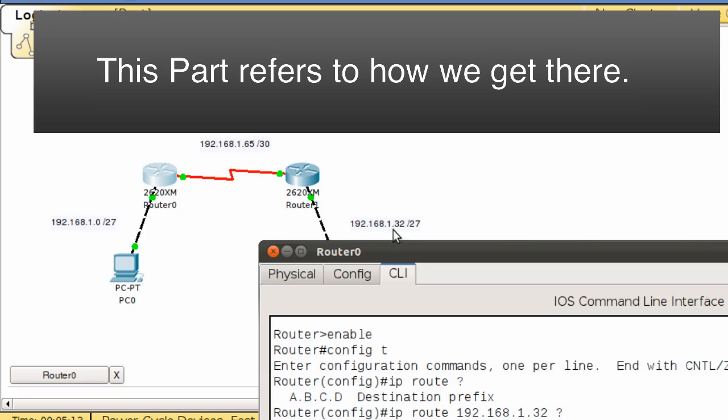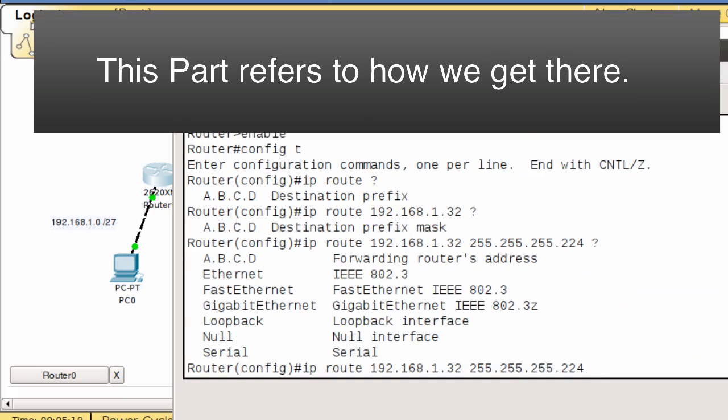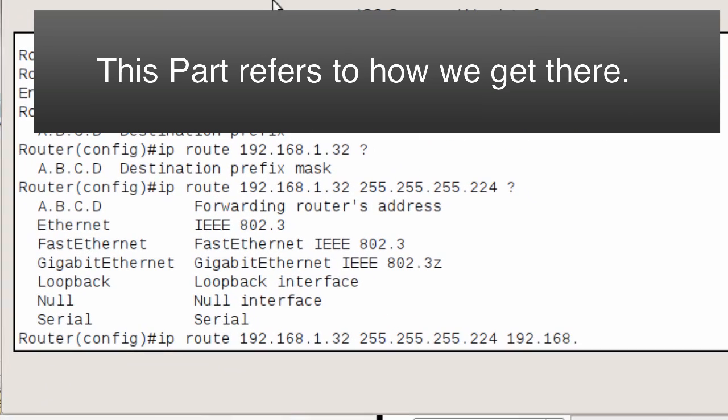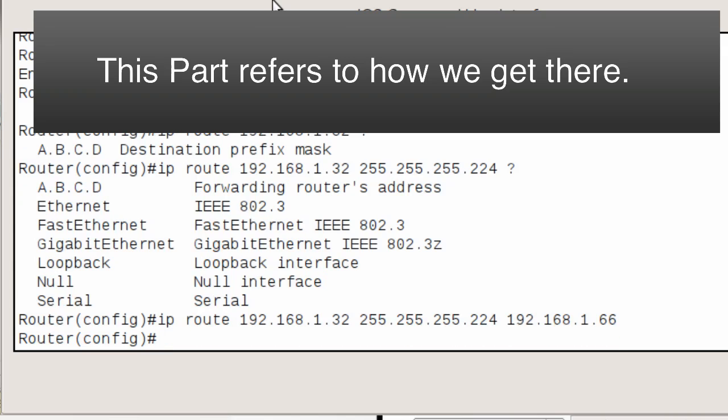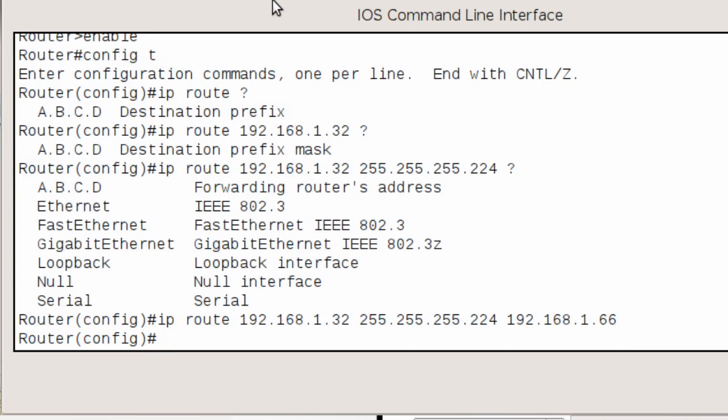So we're going to get to this network. So we did ip route. We put in the route that we want. We want this network. We're telling them if we go to this next address, they'll get to it. So 192.168.1.66. And then if I press enter, I can do end